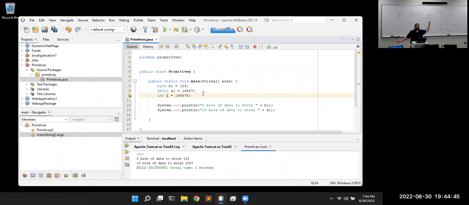signed. So cut that in half. Half of them are negative because we have to use that leftmost bit. Our biggest bit is reserved for the sign. So still a couple billion numbers to fit there. So quite a lot, and it's a 32-bit number. 32 bits of data to store